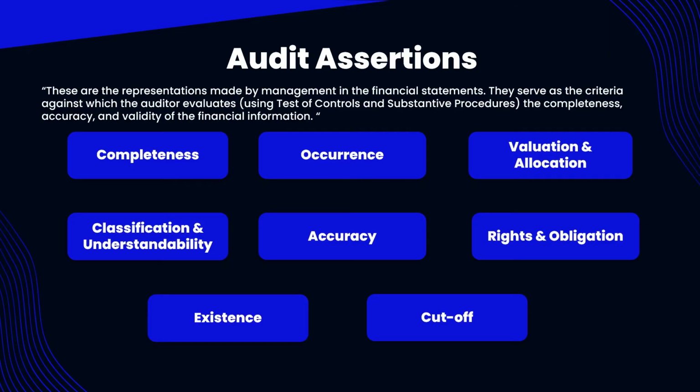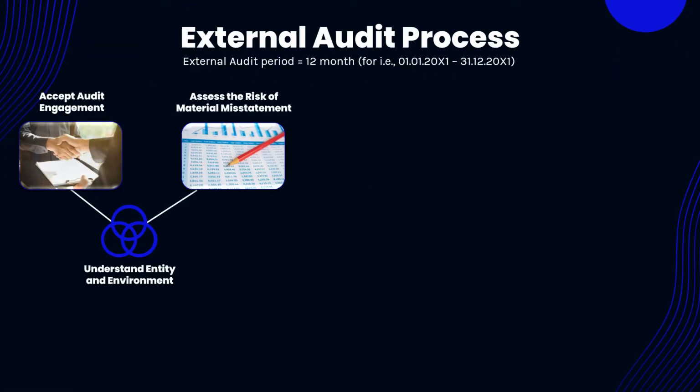So these were the audit assertions, and by testing these assertions, auditors can provide a reasonable assurance that the financial statements are free from material misstatement. Okay, so now let's jump back on to our process. The next step is very crucial, and in this step they have to decide whether the organization's internal controls are reliable or not. So based on the reliability of the internal controls, they can conclude their audit procedures.